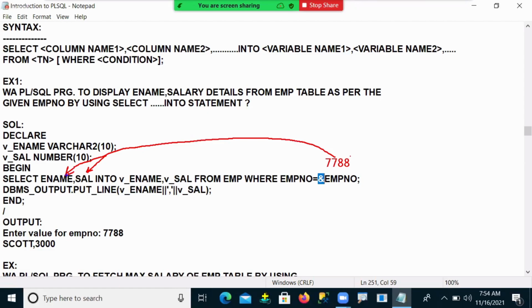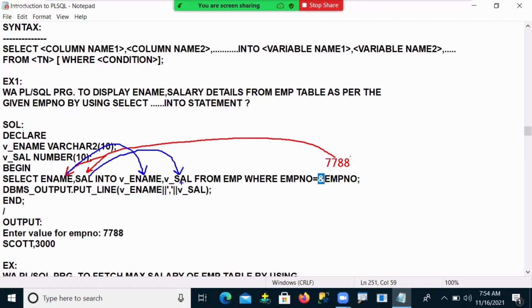So now see, the e name column data is stored under the v_e_name variable, and the salary column data is stored under the v_salary variable.